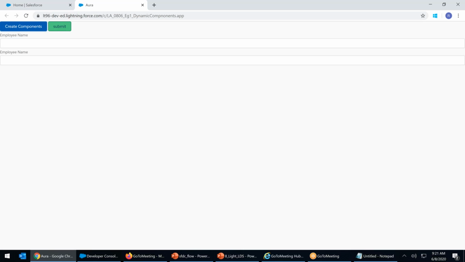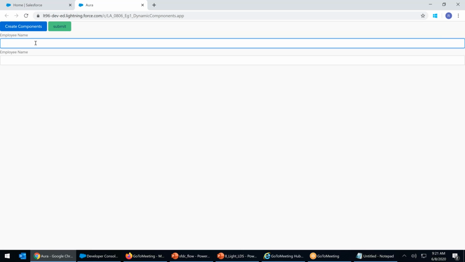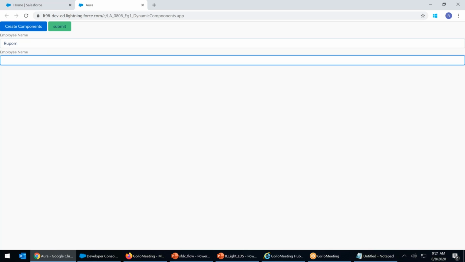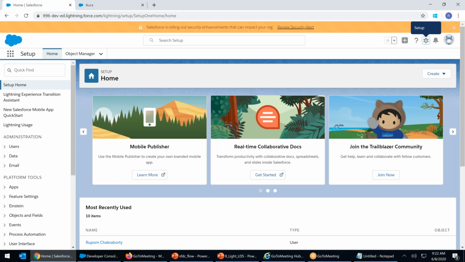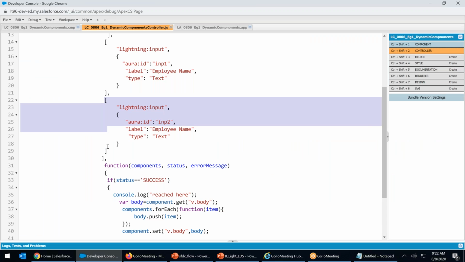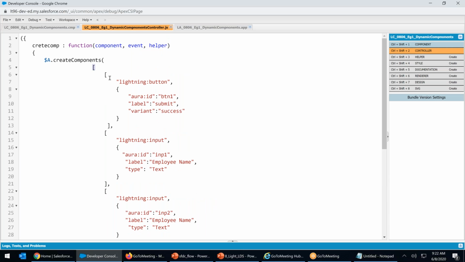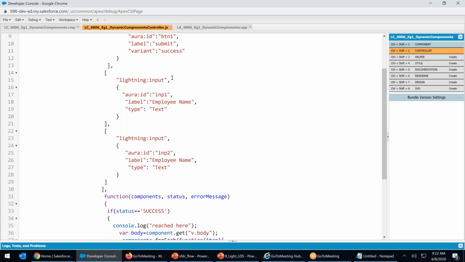Immediately you can see that a button called submit comes with two options. Multiple components got created. In a single button, can I create more than one? The answer is yes. However many components you require, you have to describe them in an array, in a square bracket. All the arrays have to be in a master square bracket. First time I forgot that. Master square bracket, top square, right? In a single button, I can create many.